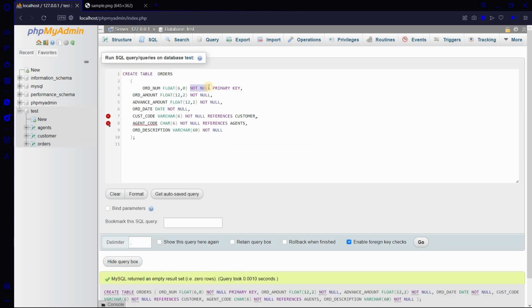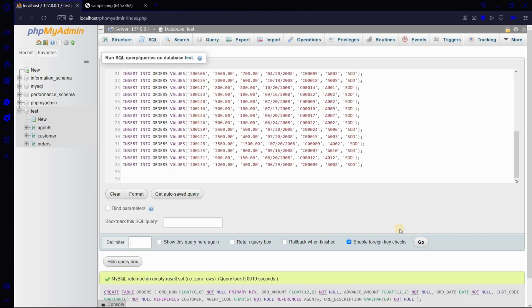When we are creating tables, you must have seen not null multiple times. It is just a constraint. It says that the value in this column cannot be a null value, which means that it cannot be empty. Similarly, we have the unique constraint as well. Sometimes we may need values that are unique but may not be primary keys. Like in college we have an enrollment ID, which can be considered the primary key, and we also have a roll number, which must be unique in a class. Thus it can be set as a unique value even though it is not a primary key. Let's execute this to add the data in our table.